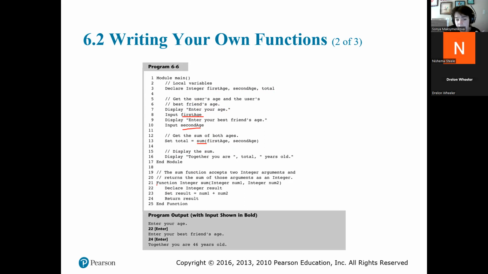This is our header: function, integer, sum. This is pseudocode, so it's not Python and might look a little different, but the whole idea is the same. So: function, integer, then the name of our function, then whatever parameters we have, number 1, number 2. Remember, these are our arguments, and these are our parameters. And then we will declare,